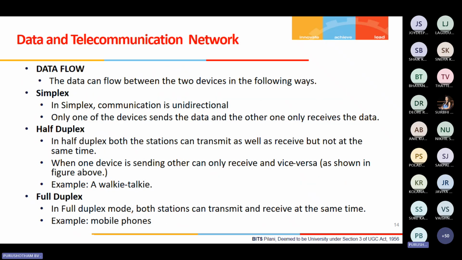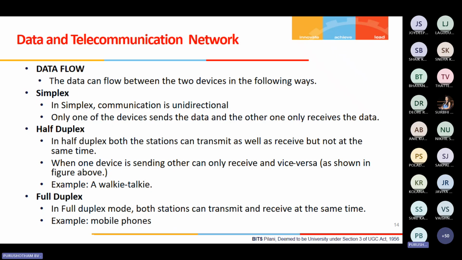Then we have the data flow. In data and telecommunication networks, how is the data flowing? The data can flow between two devices in the following ways. There is a transmitter and there is a receiver. I hope you know the basics, right? The transmitter is the one who sends the data and the receiver is the one who receives the data. So there are three types of